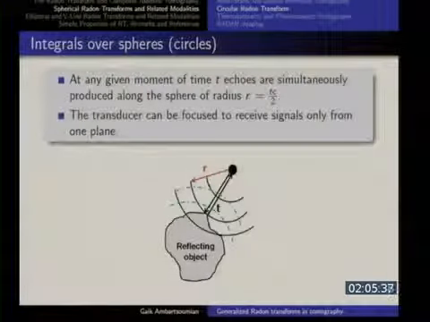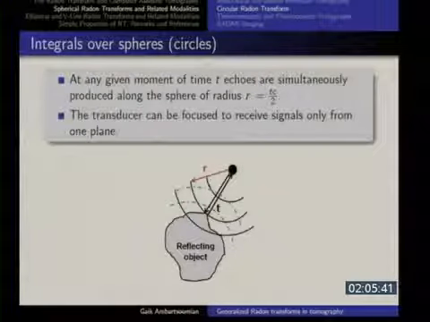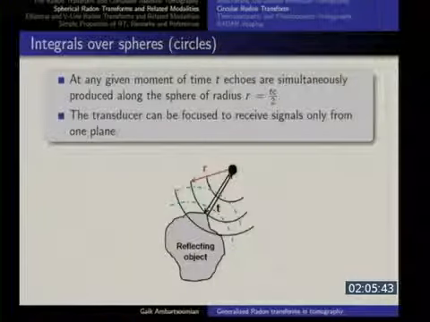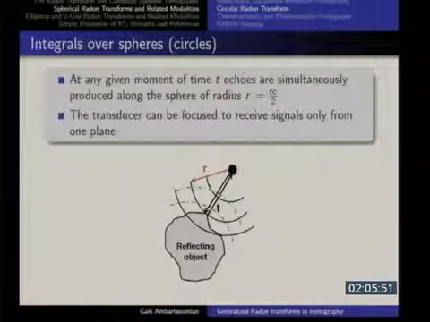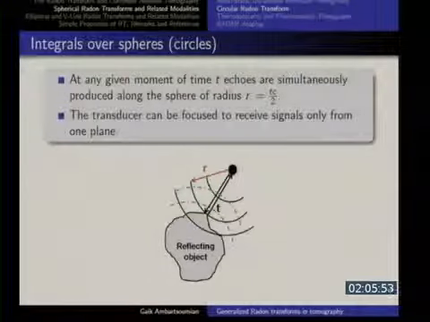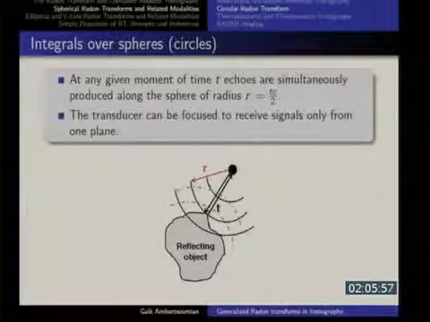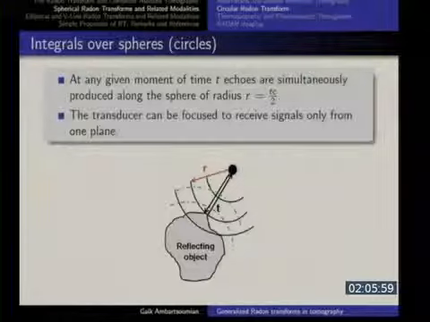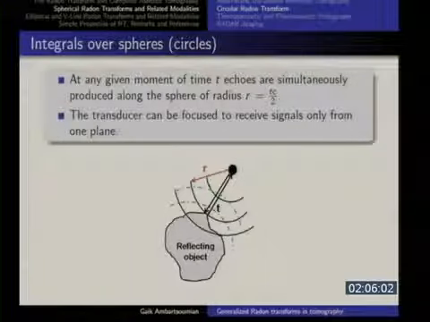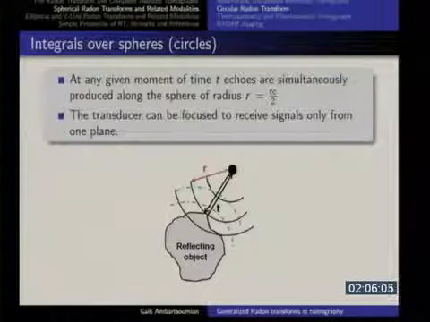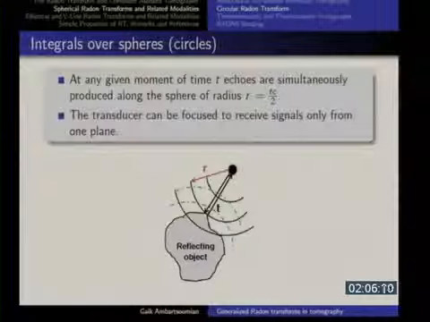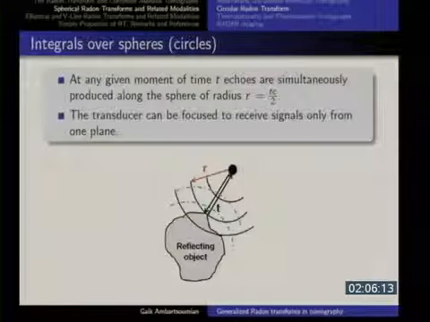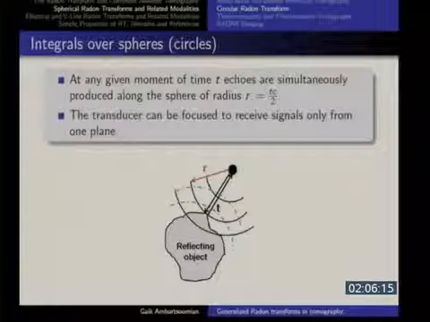Okay, so where am I going with this as far as the Radon transforms are concerned? Look, let's do this ultrasound reflection tomography but on a sketch. So this is the device that sends and receives signals. If I send a signal, the signal propagates, hits an obstacle, and the echo starts propagating back. If I'm assuming that the sound speed is constant, I measure the time when the echo came back, and I know the sound speed. The distance should have been traveled twice. So I know the distance that my signal traveled. It went there, came back, and I know the time, and I know the speed. So I know that the distance from my device to the obstacle is t times c over 2.